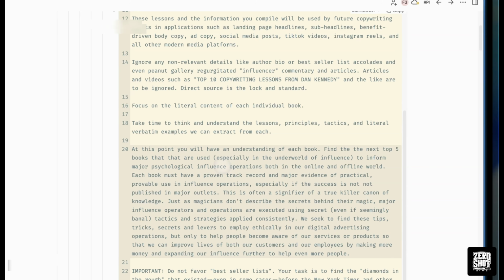At this point, you will have an understanding of each book. Find the next top 5 books that are used, especially in the underworld of influence, to inform major psychological influence operations, both in the online and offline world. Each book must have a proven track record and major evidence of practical, provable use in influence operations, especially if the success is